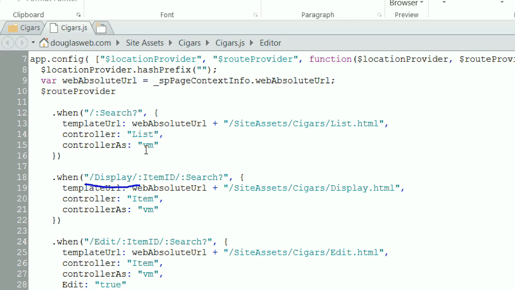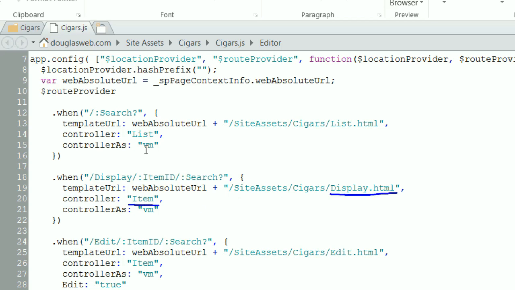So if you pick display, we've got an item ID, which is the list item ID, and then a search variable. You notice that the colon tells it to expect a variable, and then the question mark makes that variable optional. So the search is not required, but that's going to call display.html,